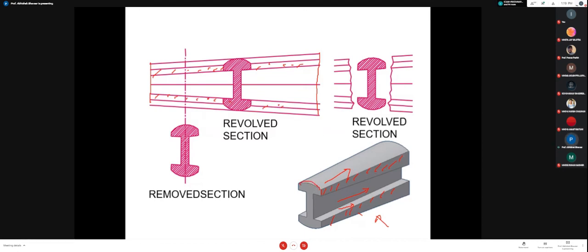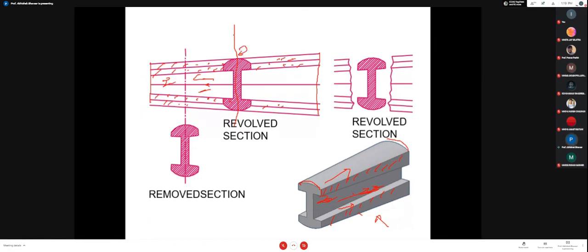Actually, it is not flat. If it is a curve, here also the rectangular portion is visible to me. That I am going to draw over here. And on the bottom side also it is there, so I am going to draw that over here. And in between, some feature is there that I am going to draw. Now I want to show what its shape will be. I want to show its shape at a particular place. So what I will do, I will cut it from here. After cutting, what will be its side view? I am going to rotate that side view clockwise by 90 degrees.